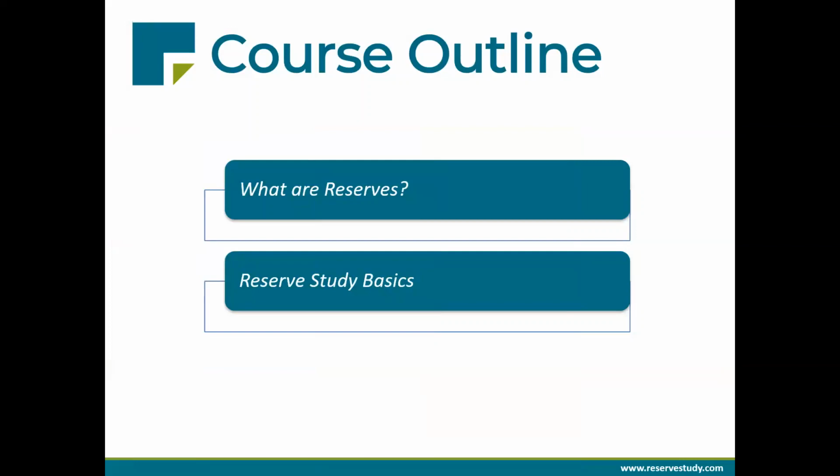All right, so this is what we're going to cover today. The course really just has these 2 basic sections. The first portion in the beginning here is this kind of fundamental question: what are reserves? And then we'll spend the majority of the class talking about reserve studies and how these studies are used by community associations to make sure they're on the right track with regard to long-term planning. And of course, we can talk about some examples of what can go wrong, what types of things can happen to associations that don't have adequate reserves. In fact, our whole other class, the reserve funding methodologies, has a lot more to say about that.